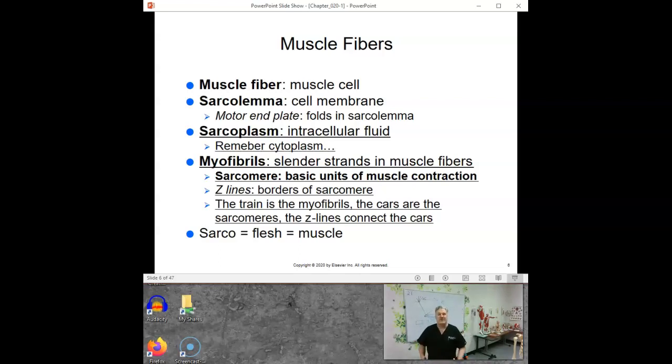And I will explain what sarcomeres are in a minute. But sarcomeres are the contractile unit inside a muscular cell. All a sarcomere has to do is contract like a little millimeter, because if you put a whole lot of sarcomeres together, you're going to get your inch.